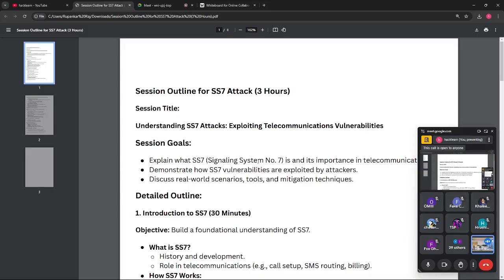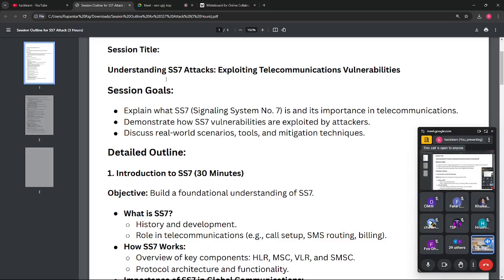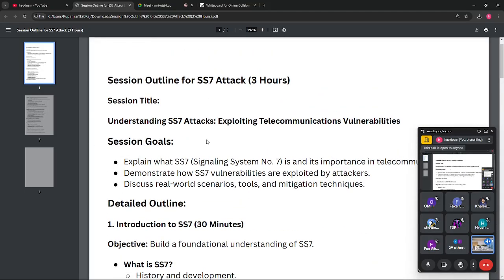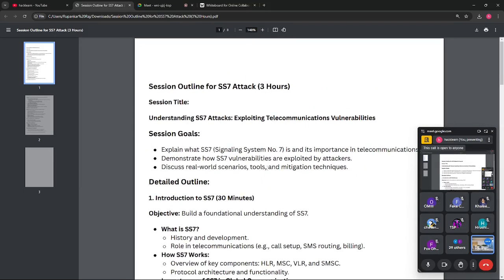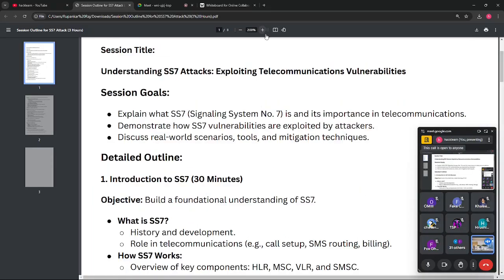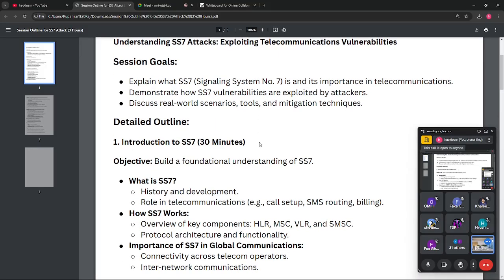We will try to discuss all of this today, from the attacks that can be done on telecommunication vulnerabilities. Every aspect we'll try to discuss and get deeper into. I will be posting every single tool I suggest or use, so you will not face any issues after the session in tracking anyone.